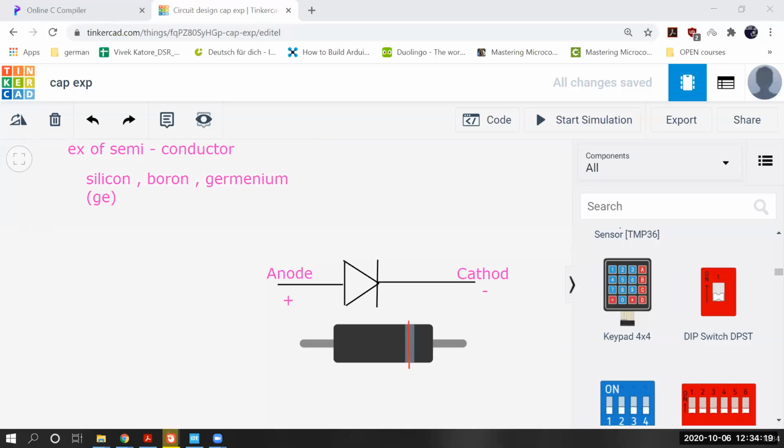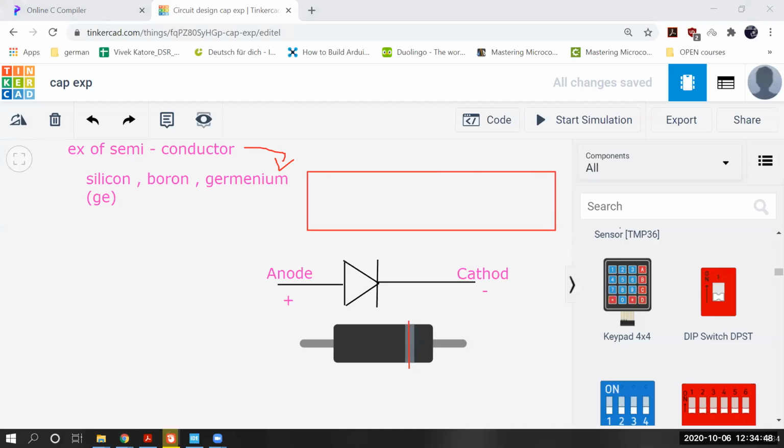Now you can see what exactly they are. I told you in the current portion, where I explained what current is, that current is a flow of charge.